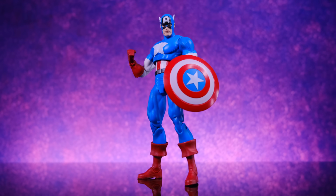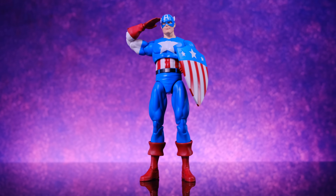I didn't want to get my hopes up, and now that I have it in hand, I'm just so happy that they did a good job on this guy. I love it. I think it's such a great Captain America figure. I love the way that you could represent 3 different looks flawlessly for Captain America. You have the classic version of Cap, and then you could do his first appearance version, which